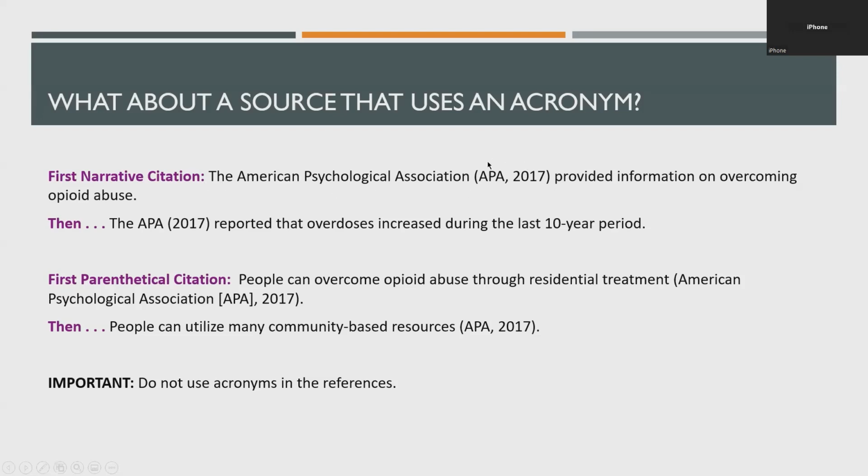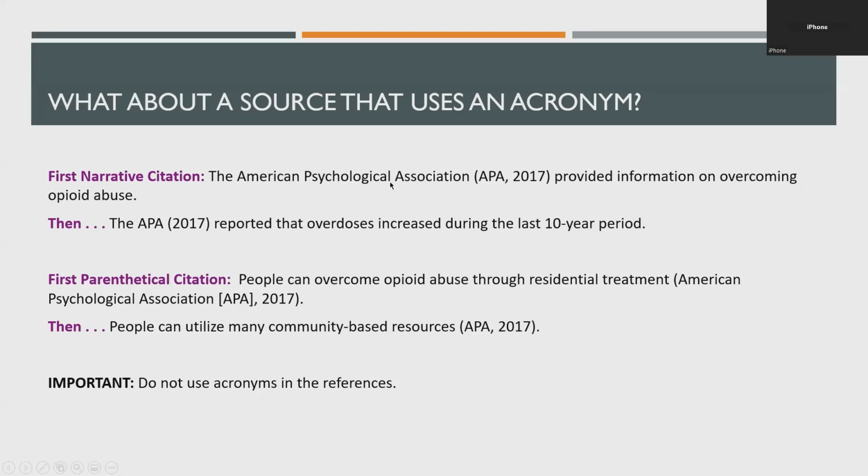And then in parentheses right after that, I have put the year of publication because we always do that. Anytime you mention the author of a source or the title of the source, you put the year that it was published. But what I'm adding here is my acronym, APA. And what that does is clarify for my reader that American Psychological Association, from now on, I'm going to be referring to as APA. And then later on, when I use information from the APA, I can just say APA. I don't have to spell out American Psychological Association.